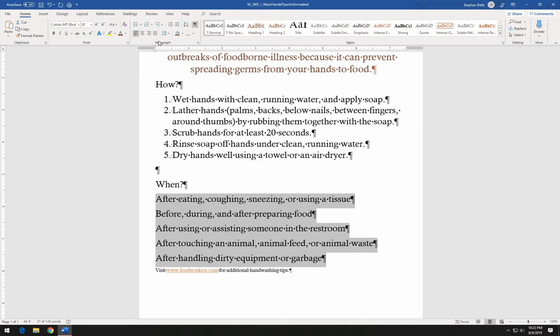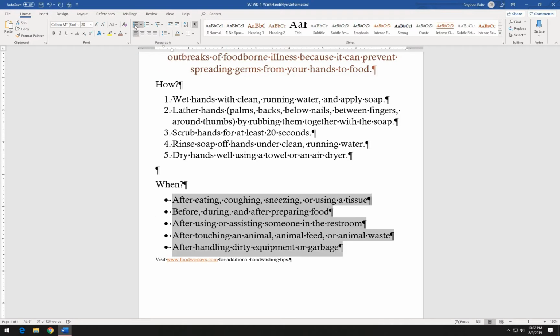To do that, you're going to go up to the paragraph group of the Home tab and click on the bullets button, which is the very first button in the paragraph group. So we're going to click on the bullets button, and that bullets those paragraphs. Okay, and then we're going to click just somewhere in our document to deselect the text. All right, and then once we have that done,